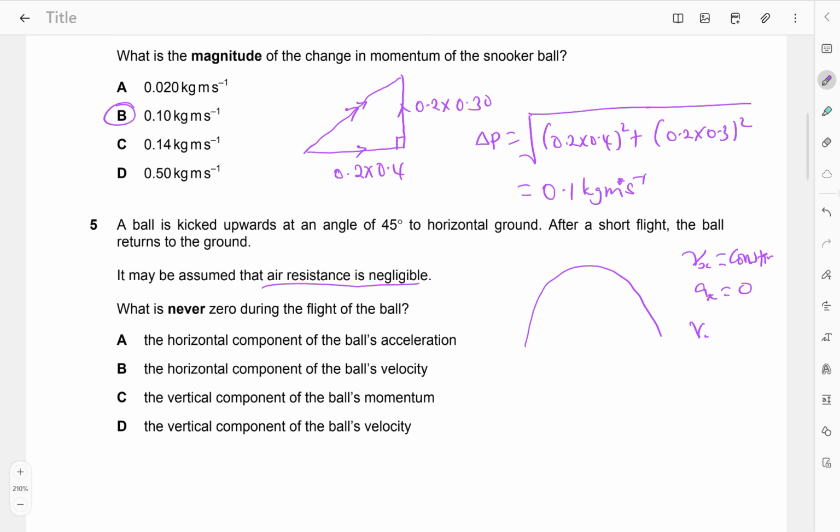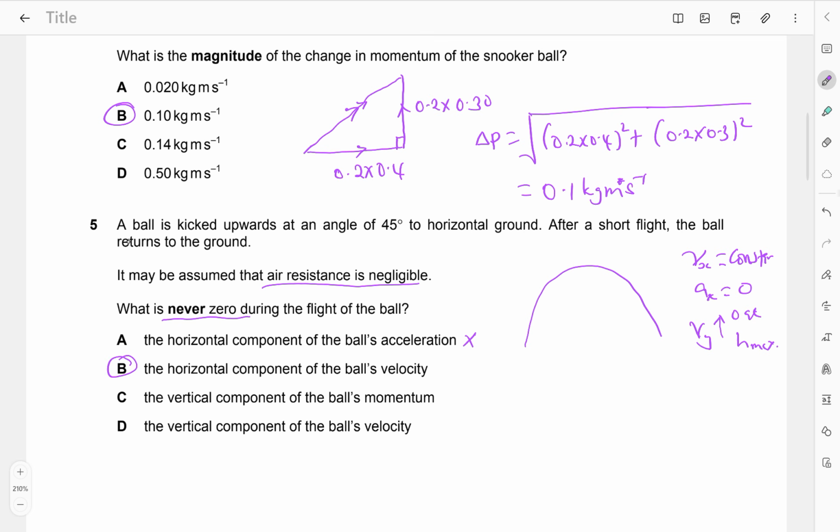The velocity in the vertical decreases until it reaches zero at maximum height. So let's see. The horizontal component of the ball's acceleration, what is never zero? The horizontal component of the ball's acceleration is zero. The horizontal component of the ball's velocity, because the velocity in the horizontal does not change, so it will never